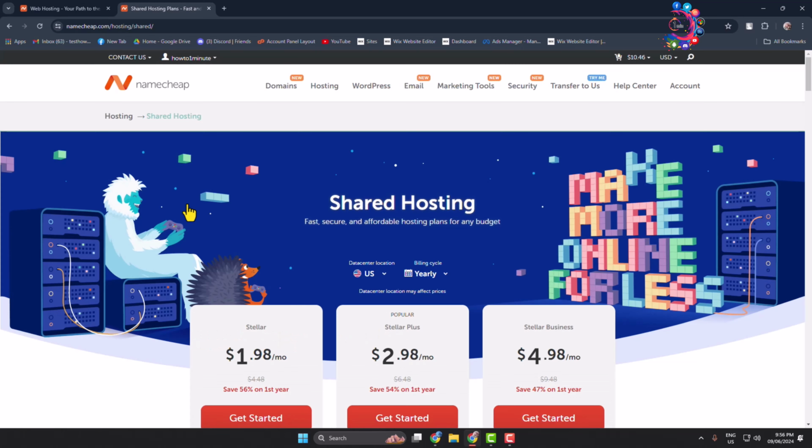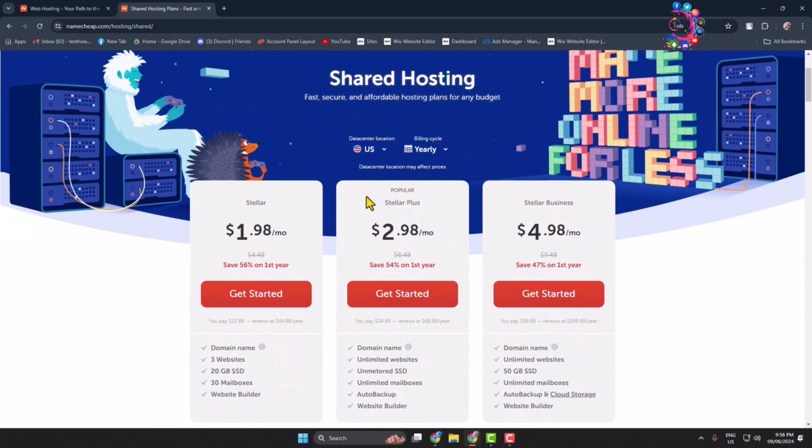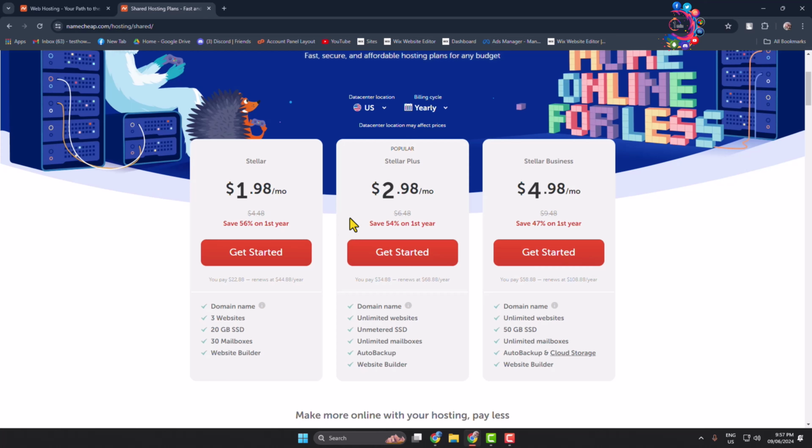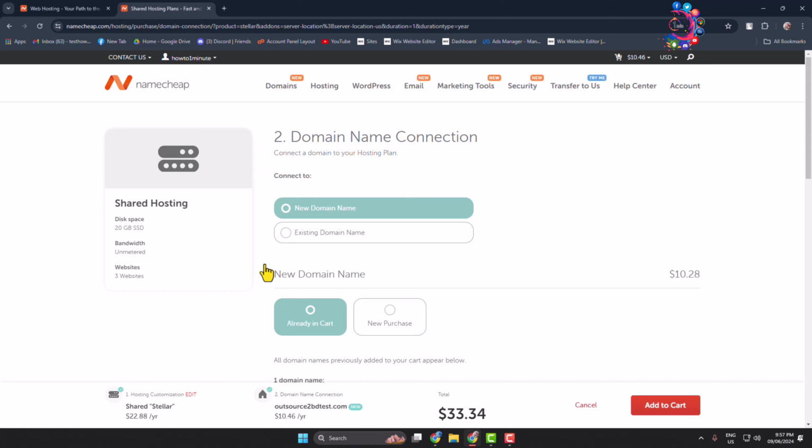So clicking on shared hosting and here you can change hosting server location and here you can change hosting billing cycle. So I'm selecting here yearly and here we can see 3 different packages. One is Stellar, Stellar Plus and Stellar Business. We are going to select this Stellar and here we can see domain name, 3 websites, 20 GB SSD, 30 mailboxes, website builder. So just click on get started to purchase the specific hosting